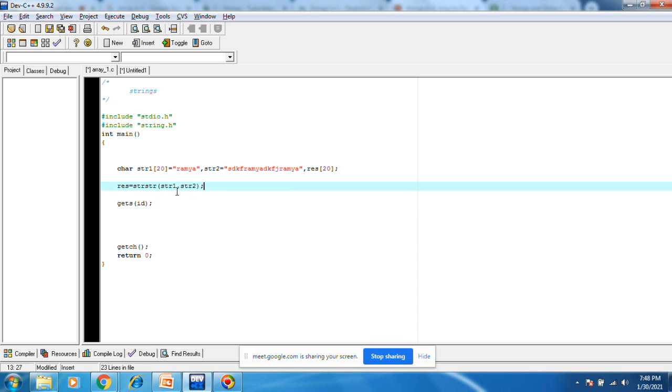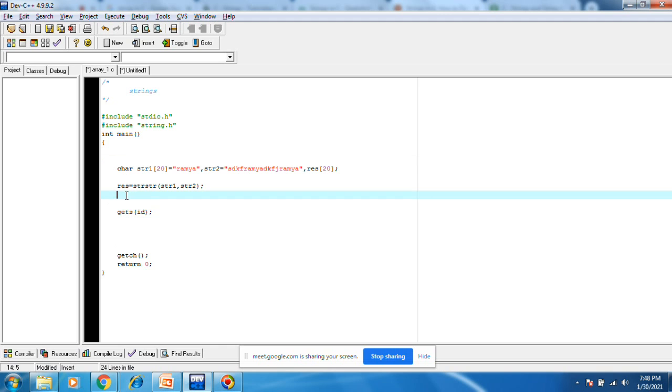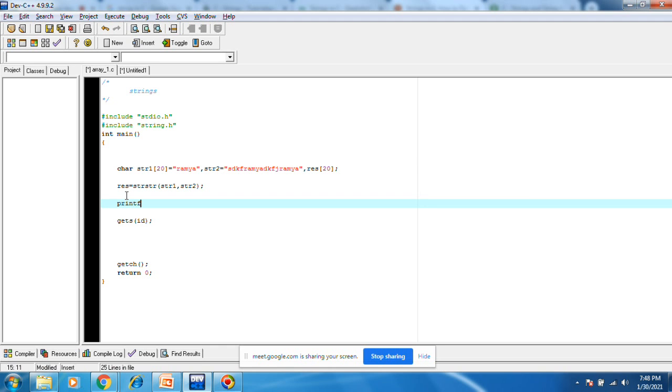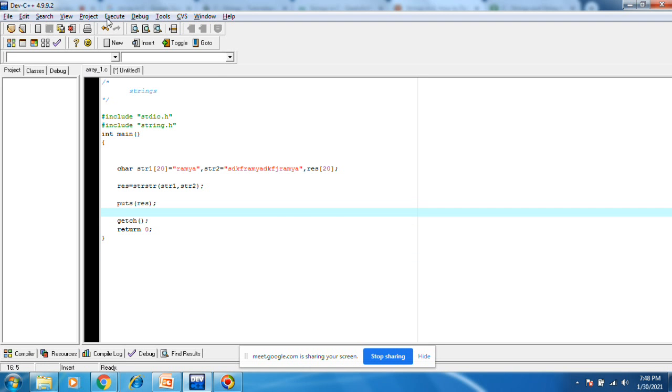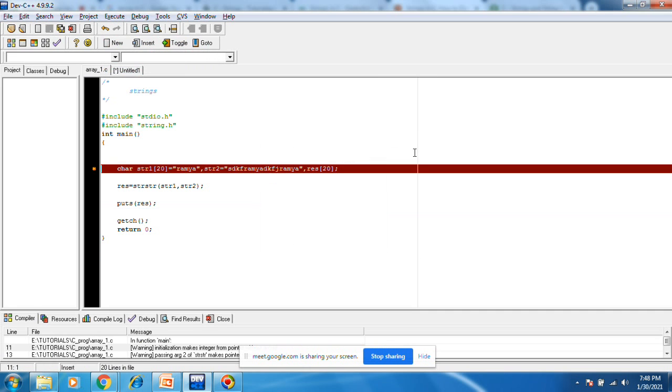If str2, the Ramya, is present in these places, the result will print. Let's see both cases here. Let's do this. Save, execute, compile and run.